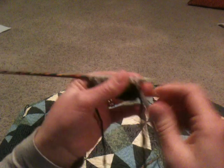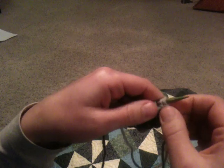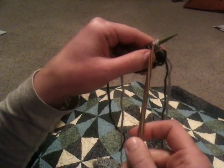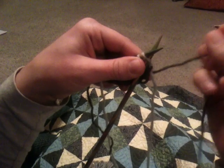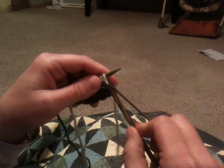Okay. And now I'll bring this yarn in front just so I can keep it straight here, and then slip the needle in, and I'm going to knit the stitch. So I just take the working yarn from the first color, bring it up, knit, purl,